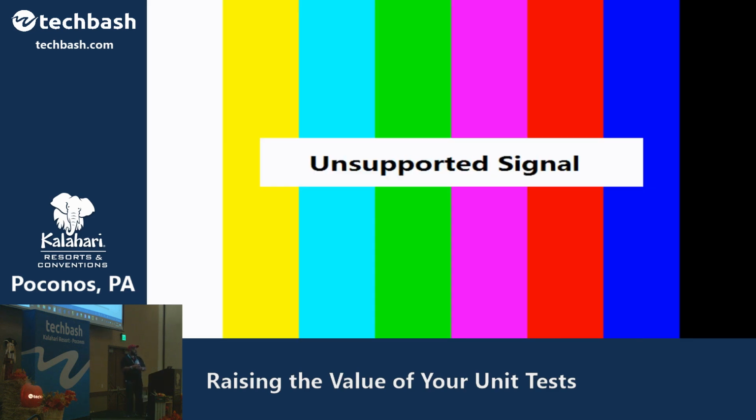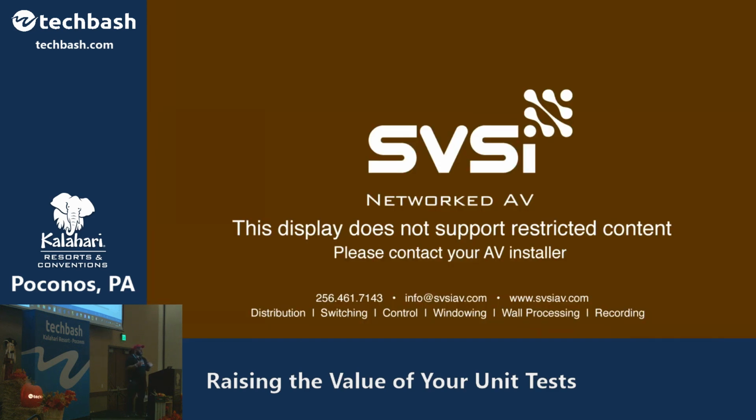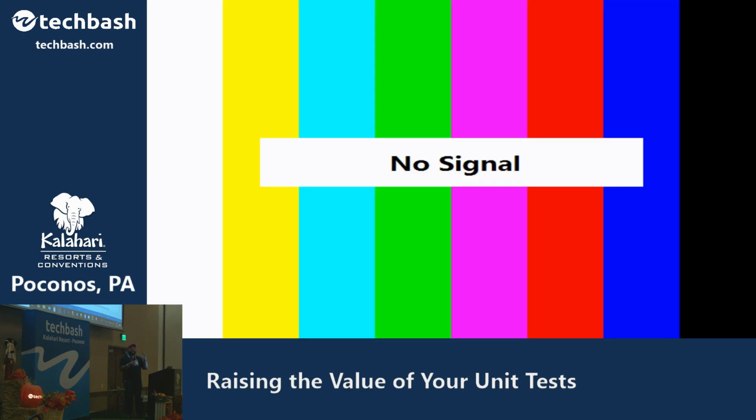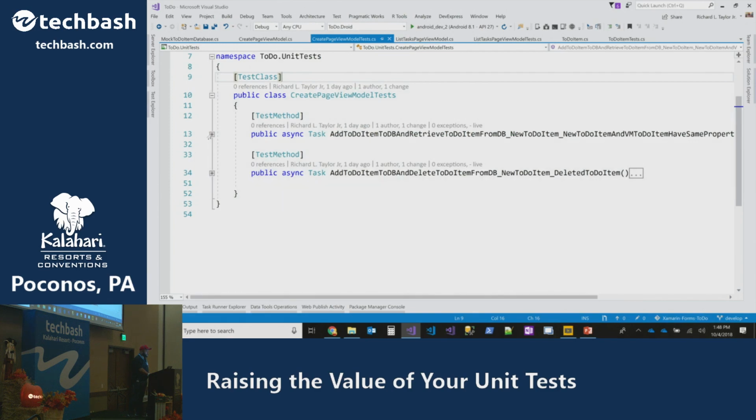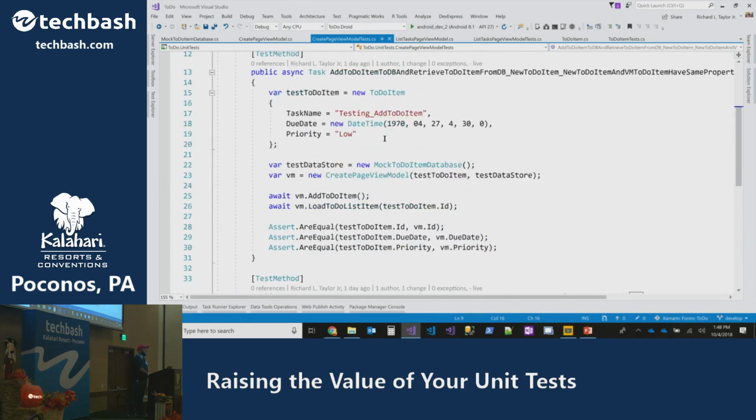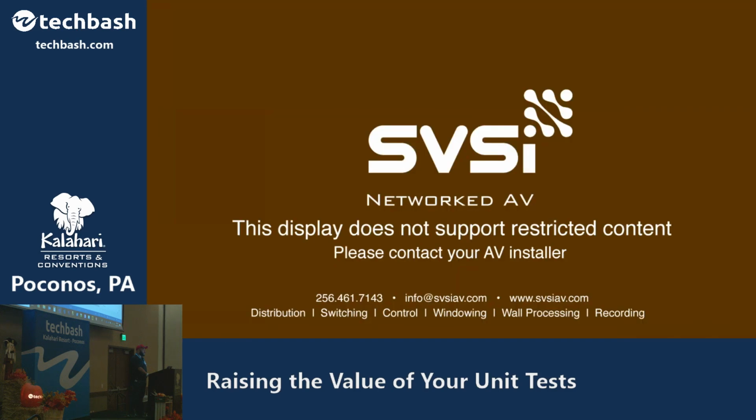The initial condition is that I have a new to-do item, and the expected result is that the new to-do item and view model have the same properties. So when I store it in the database and retrieve it, and inspect that object and my view model, everything should line up and match. So here's the code. There's my new to-do item. Remember, it takes no dependency, so I can new it up anytime. I'm setting some values. There's my mock database. Here's my create page view model that I'm testing. And here's the to-do item I'm sending in. The to-do item implements that interface that's expected.